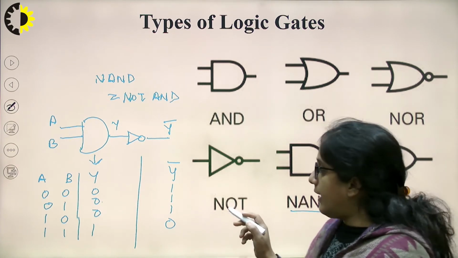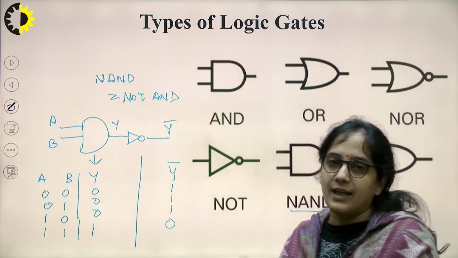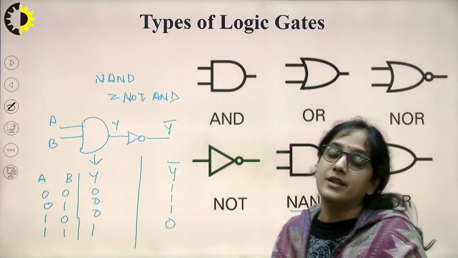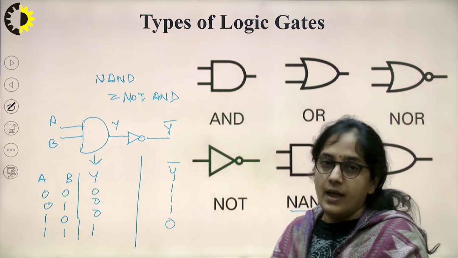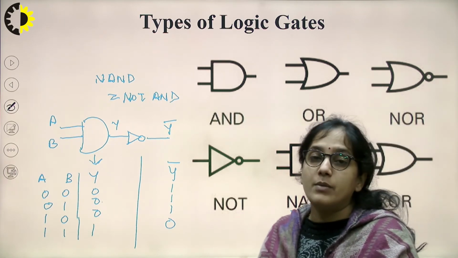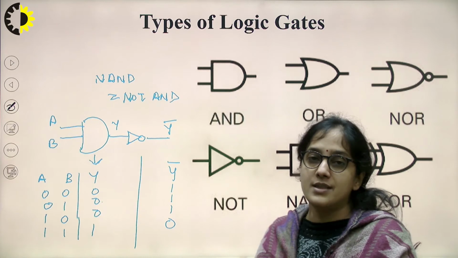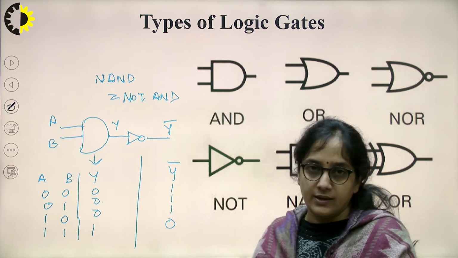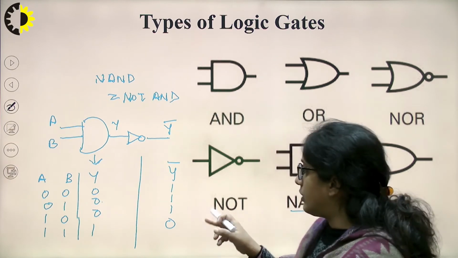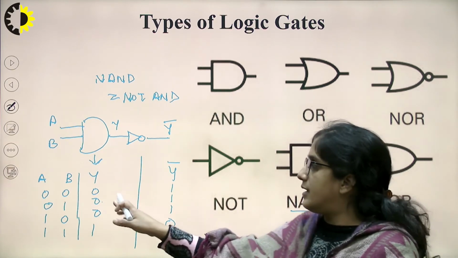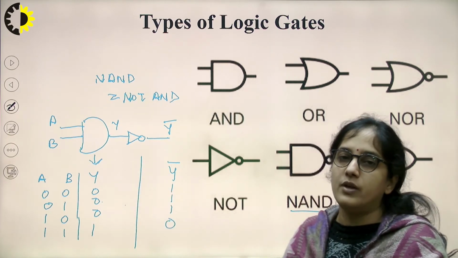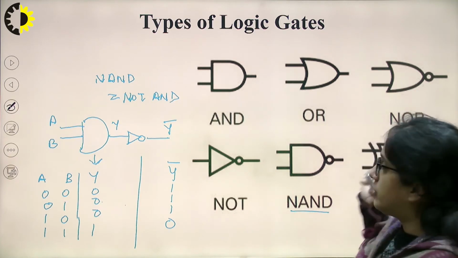Okay. So in case of the NAND gate, you can remember that the output will be 0 if all the inputs are high. Right now I am discussing only 2 input NAND gates, 2 input AND gate. There will be 3 input gates, 4 input gates, we can have 5 input gates as well. Okay. So, just keep this in mind that NAND is nothing but the inverted operation of AND. Now, we will discuss the NOR.